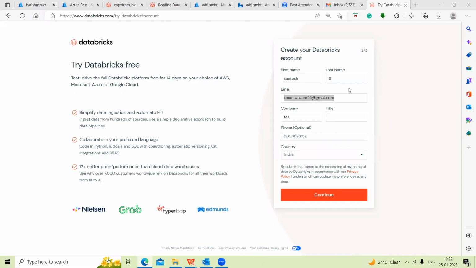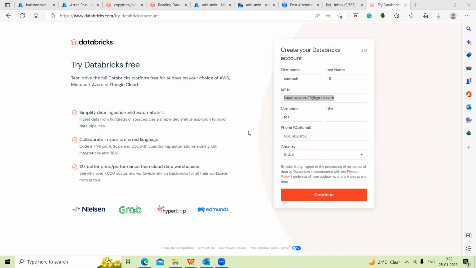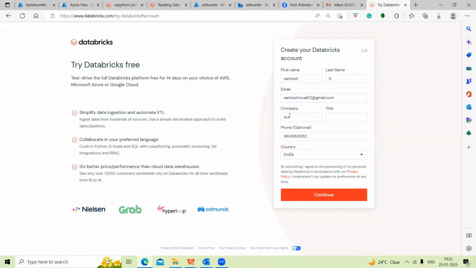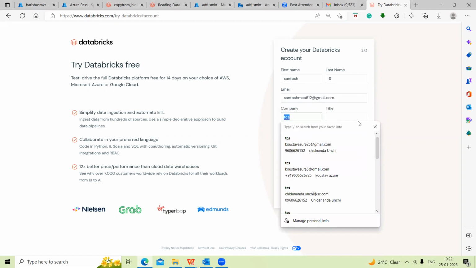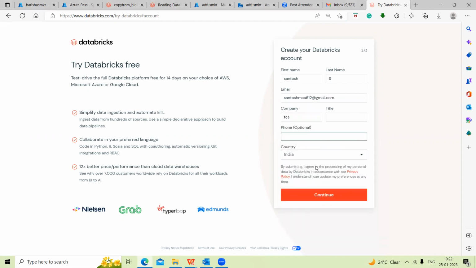Entered email ID. I have not copied that properly. Okay, and then you can give a company name, any name, TCS or anything, and mobile number is optional. Okay, and India. So you need to provide these details. Okay, so once you click on this,